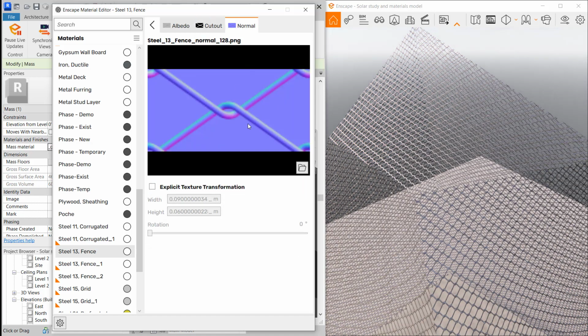And then the normal map is how bumpy it is. This is what makes the fence look like it's rounded. See how there's kind of a gradient of light? And again, these can be found online, and you can create these using Photoshop, particularly if you have, say, a building facade where you want to wrap it in a very particular kind of mesh. You're actually designing that mesh. You could go into Photoshop and design essentially one piece of this mesh that gets marched out along the whole